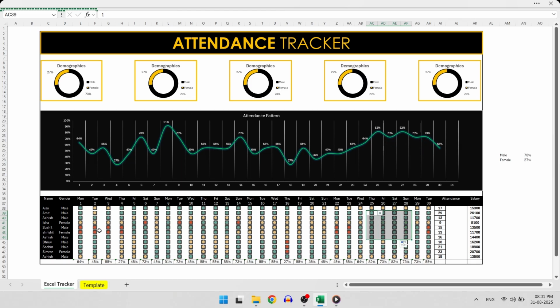And if you update the gender details, the demographics are also updated. So that's how you put elements together into a nice, good looking dashboard.